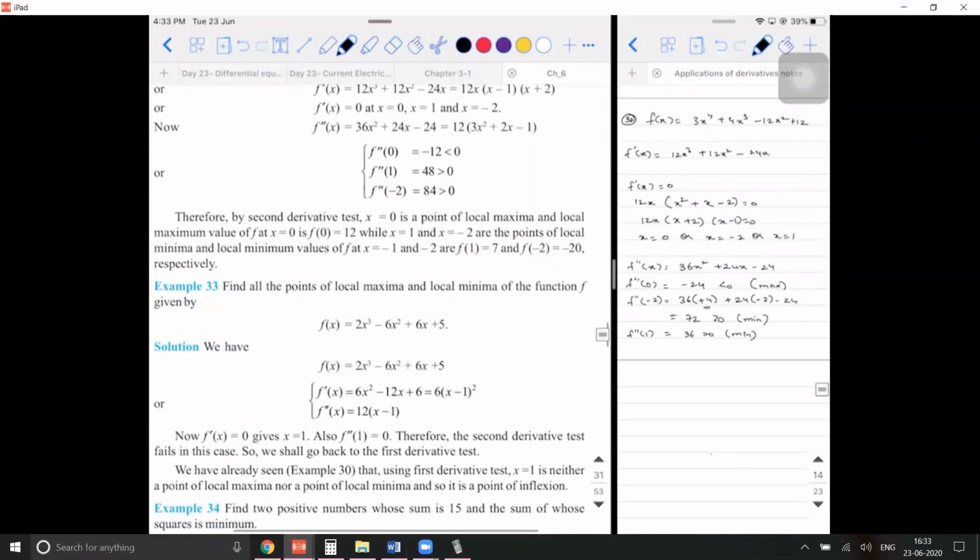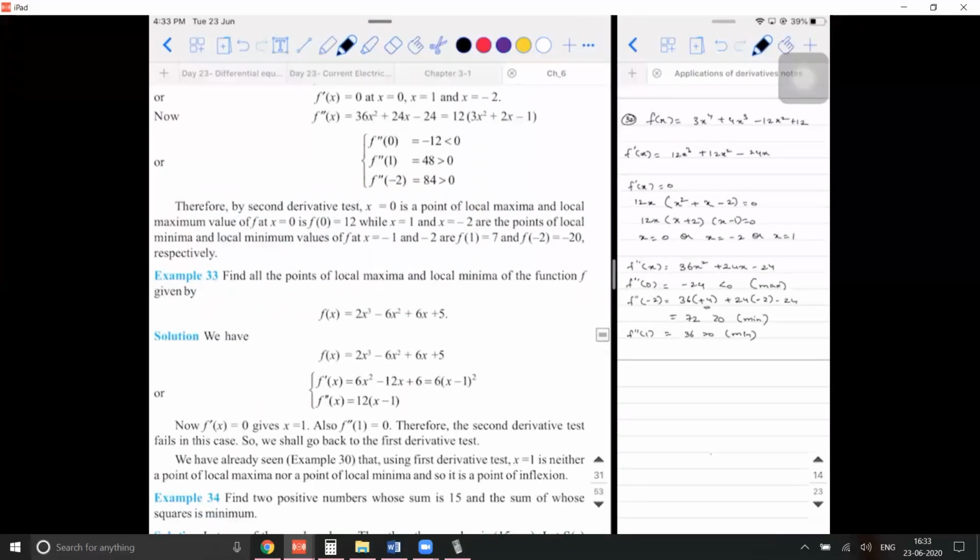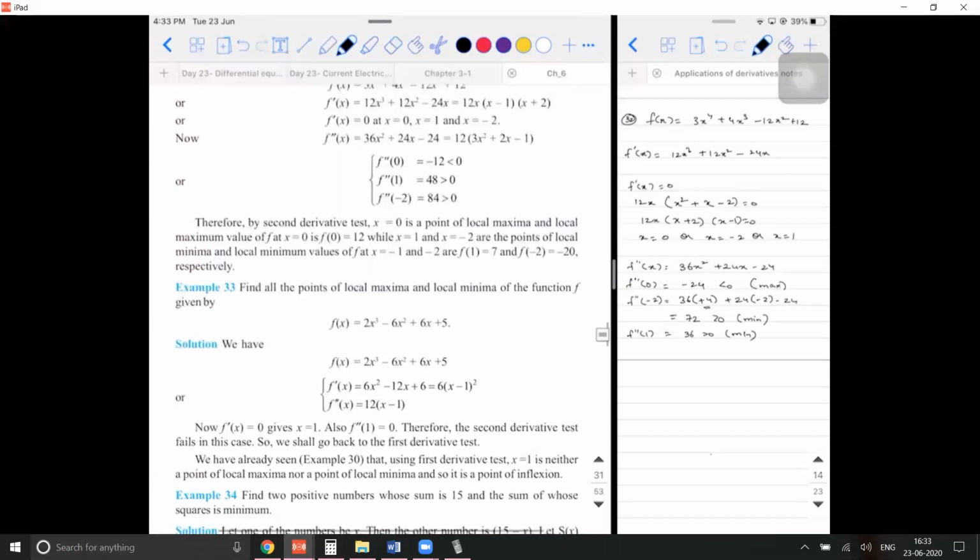Point of inflection, sir. Yes, sir. Both values are 1, sir. Okay, it's not about both values being 1. See, f dash of x is equal to 0. What is the value of x you got? x is 1, no? Then f double dash of 1 also should be 0. Means f dash of 1 should be 0 and f double dash of 1 also should be 0. Then it is a point of inflection. I hope you did the second derivative test one.